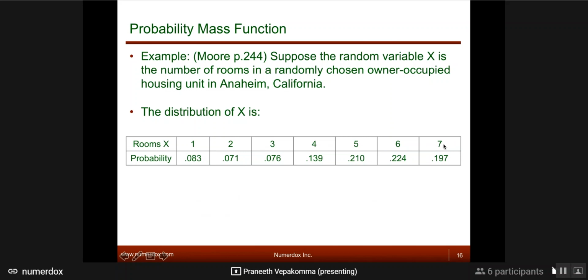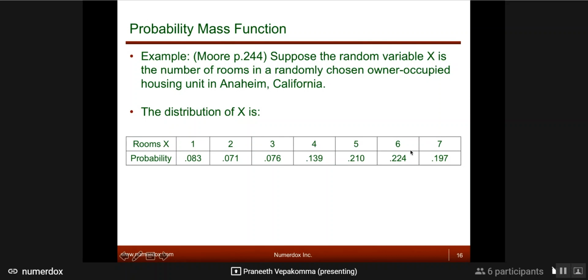In this particular case, they gave, say, if you're having 7 bedrooms, the probability is only 0.19. But if you're having a 3-bedroom, probability is 0.76. But a 2-bedroom probability is 0.083. So they're even lesser. So it's interesting that the maximum probability, if you see, happens in here. So it seems to be a very rich place, right? Everyone's having 6 rooms, right? So it's 0.224. At least he didn't say number of bedrooms. So it seems reasonable, like you're adding kitchen and everything. This is where you have the highest probability based on the number of rooms you're choosing.